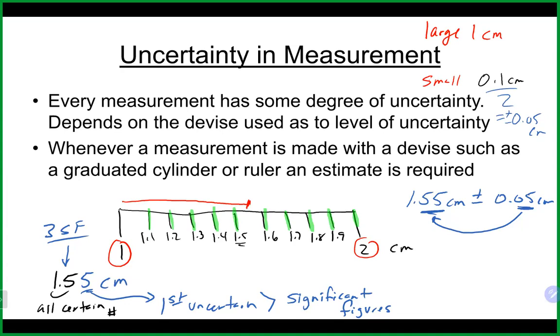What does the large markings represent? What does the small markings represent? And how far you could really take that reading to. And again, usually it's 1 more place to the right of the smallest marking, or you can figure it out by just taking the smallest marking and divide by 2, and that's how far you should take it to. Other questions? So let's take a look at if we had, say, some type of